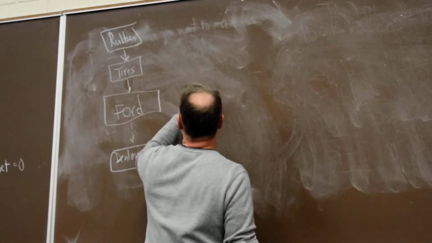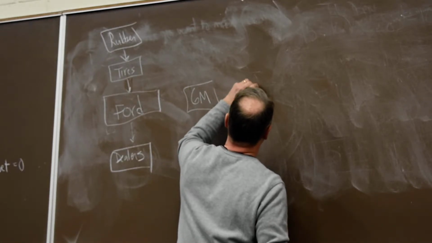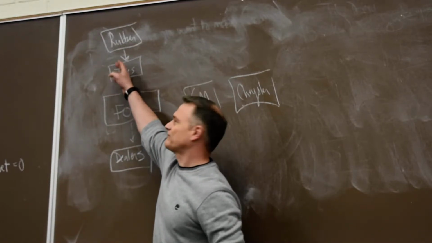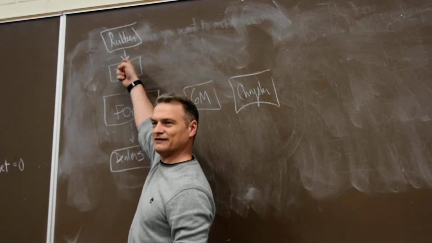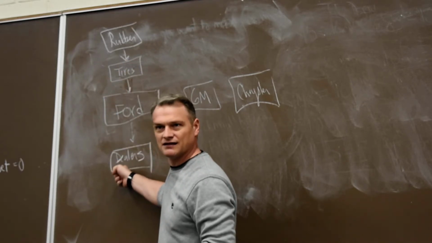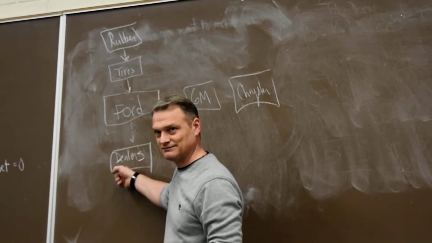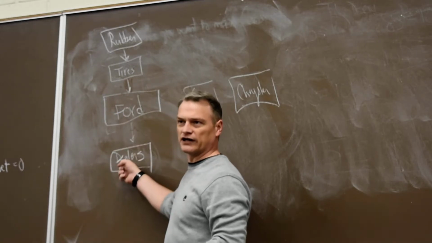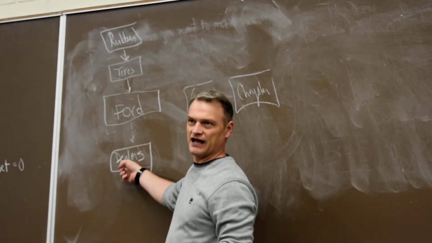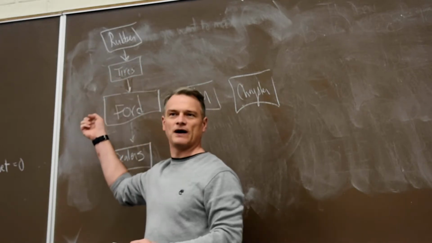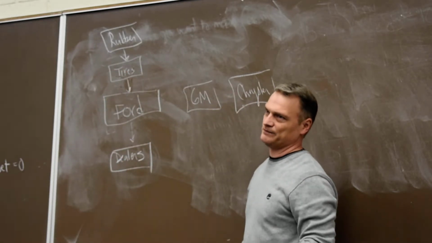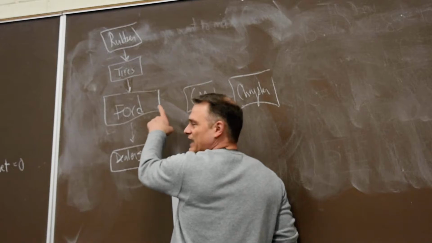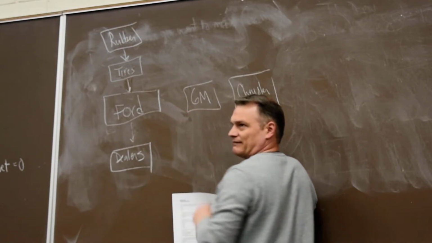So then I've got GM, Chrysler, Toyota, and so on. If Ford buys a supplier, like if they bought Firestone or if they bought dealers, that's called vertical integration. Sometimes they call this backward integration, and they call this forward integration. If a tire company were to buy a car company, I don't know why they would want to do that, but that would be forward integration for them. Horizontal integration is if Ford and GM decided to merge, like you're buying somebody in your same industry.